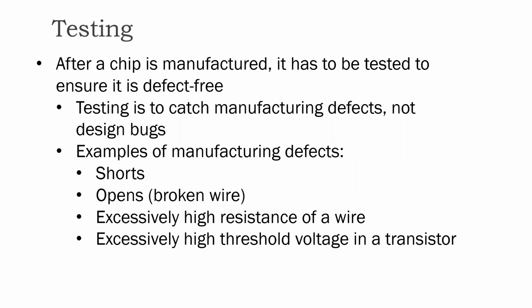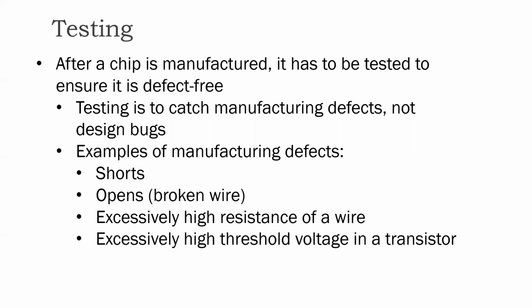Examples of manufacturing defects are shorts. So if a wire is broken, then you would have a short. The other way, an open is a broken wire. So opens are a kind of defect. Shorts would be actual connections between two wires due to a defect. Another is excessively high resistance of a wire: if something went wrong during fabrication, some net may have some defects and